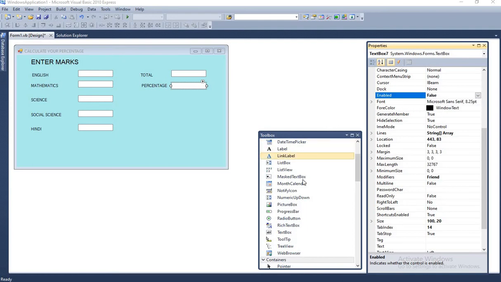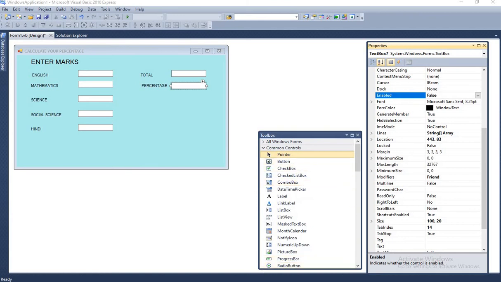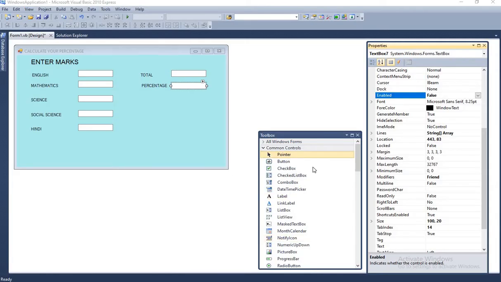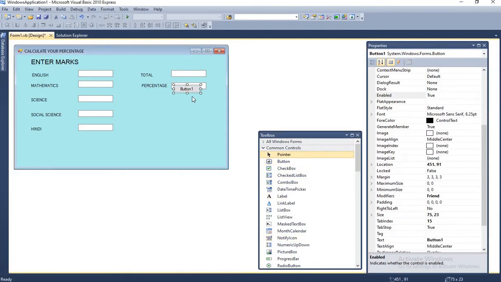Now we have to include 2 button controls, that is calculate and clear. Button control first one and button control second one. And we will change the text property of this one.